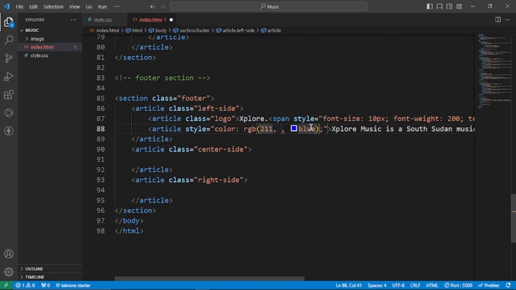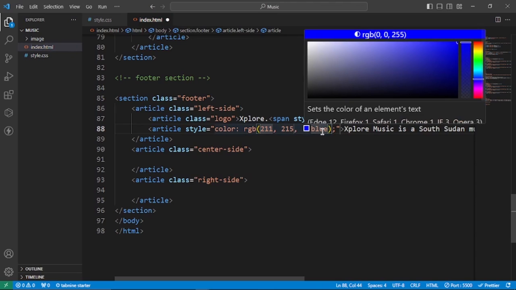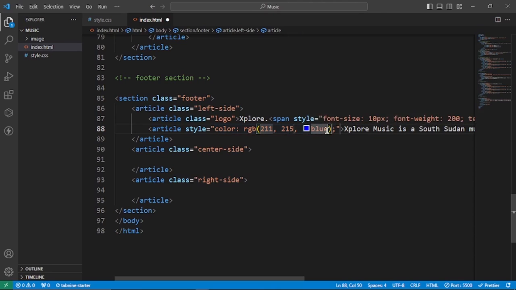Then from there I'm going to say 215, and then I want to give it 219 here. If I save this one and come back to the end result,